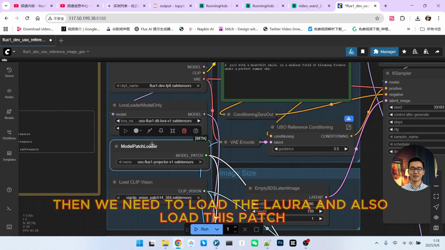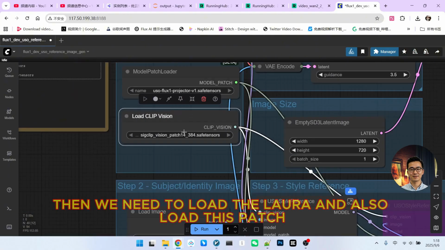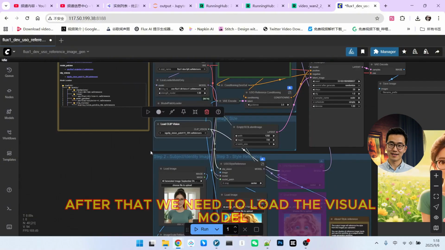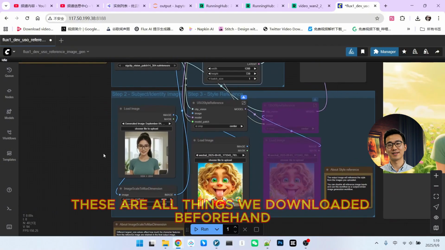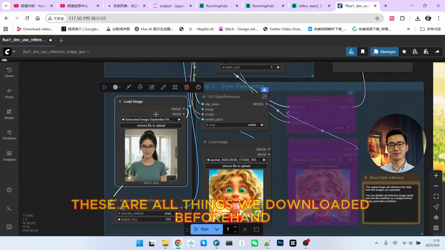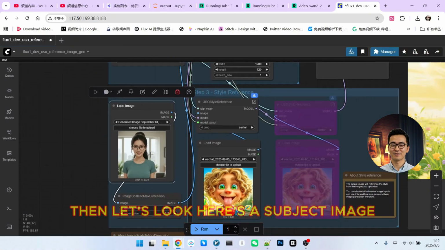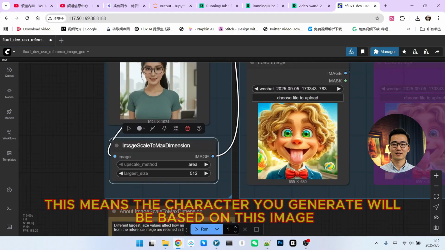Then we need to load the LoRA and also load this patch. After that, we need to load the vision model. These are all things we downloaded beforehand. Then let's look. Here's a subject image. This means the character you generate will be